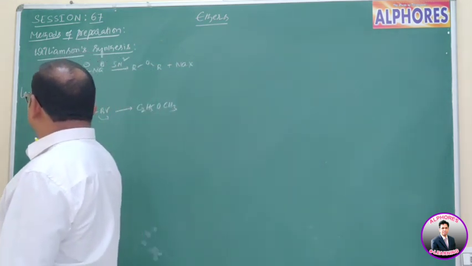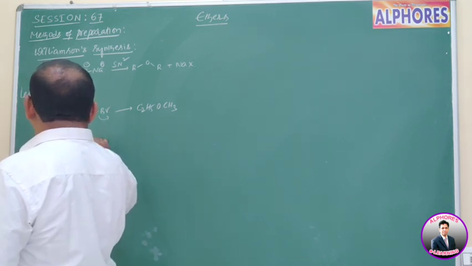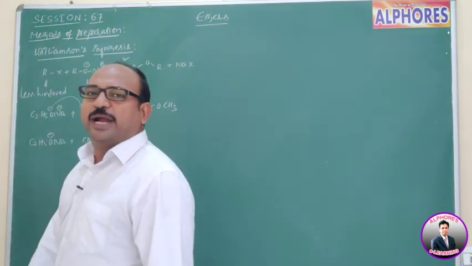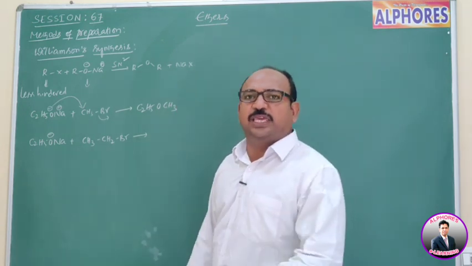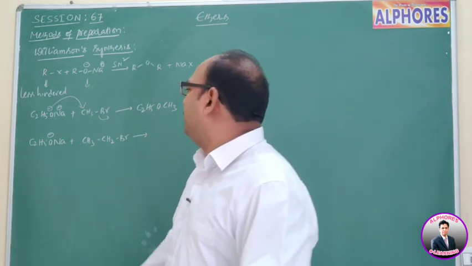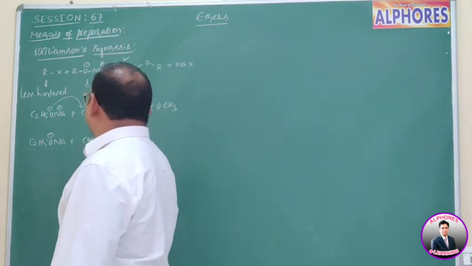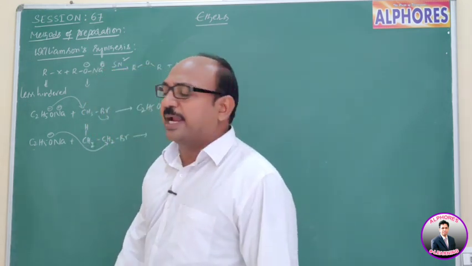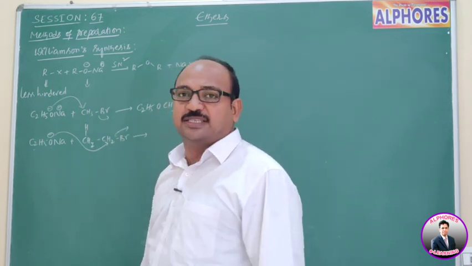Now the same reagent, sodium ethoxide, but instead of methyl bromide, let us assume ethyl bromide and C2H5O minus. It is nothing but the conjugate base of alcohol. Alcohols are weak acids. Being weak acids, the conjugate base is a strong base. Here, being a strong base, it prefers to extract a proton, and there are two possibilities here. Possibility number one, this O minus may come and attack this leaving group containing carbon. That means it leads to the SN2 product.